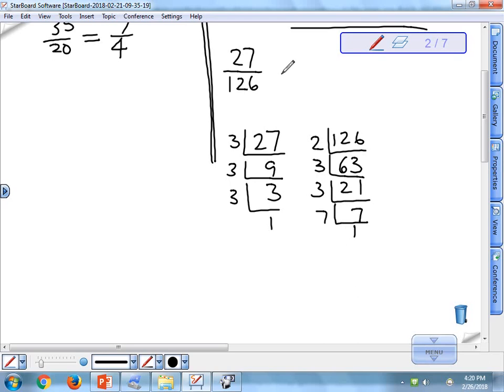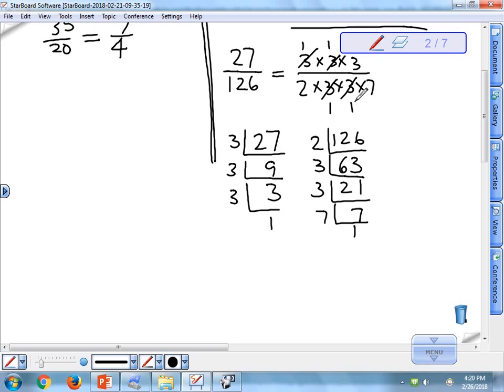So I can now rewrite 27 over 126 as 3 times 3 times 3 over 2 times 3 times 3 times 7. And what I'm going to do now is, in the numerator and the denominator, I can go ahead and divide out all the common factors in the numerator and denominator. So notice there's a 3 up here and there's a 3 down there that they can both cancel out. What I'm really doing is I'm dividing them both by 3, and then this and this cancel out, and they leave behind a value of 1, because again all I've really done is divided the numerator and the denominator by